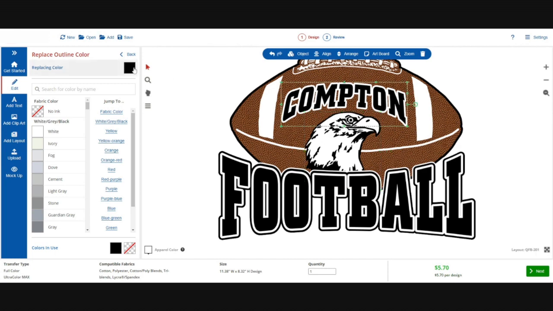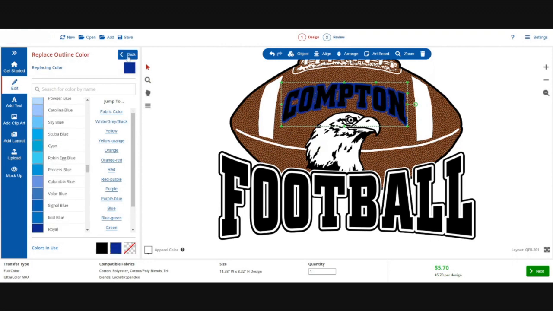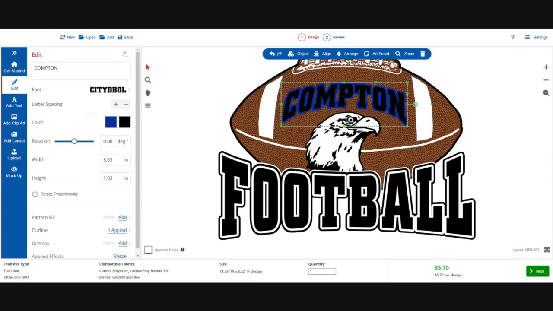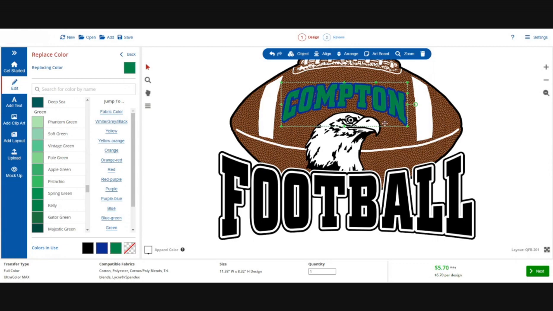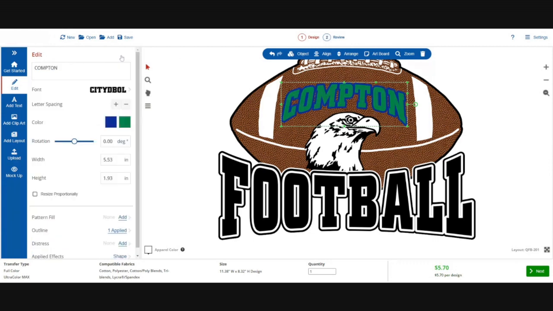Let's say our team's colors are royal and Kelly green. So I'm going to choose royal, and what I want to go back now is change the black to that Kelly green. Now, if you decide that that is too much and you want to keep that gap outline,